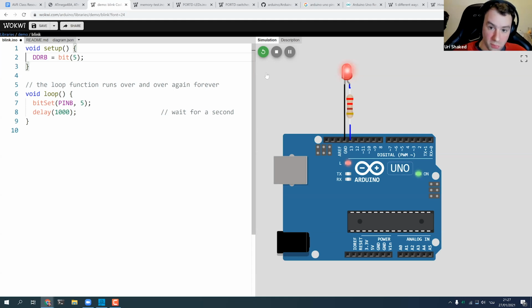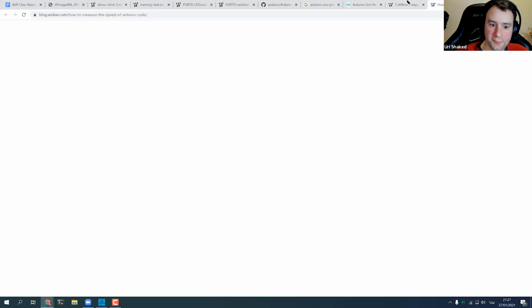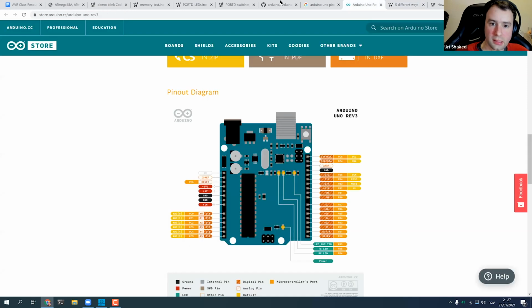And to make it more fun, let's look at what happens when we connect LEDs to all these pins. So pin 0 to pin 7, where was that? Yep. Pin 0 through pin 7, they are PD0 to PD7.